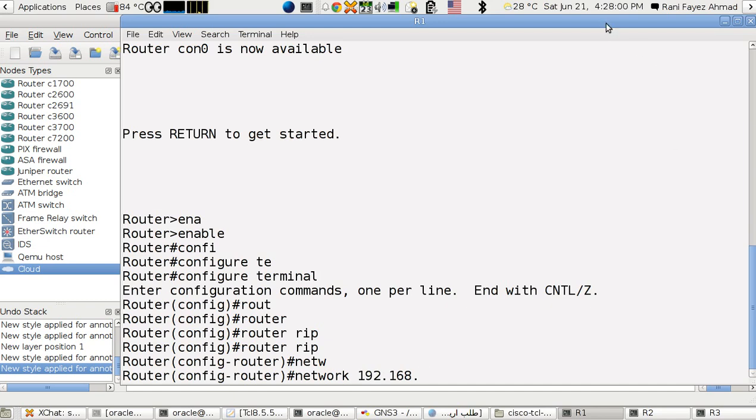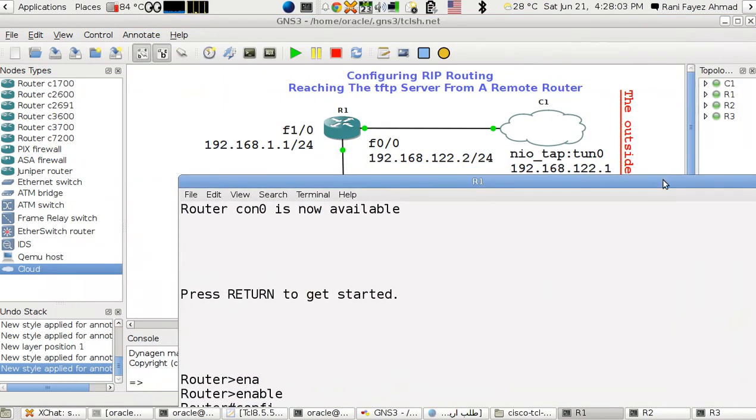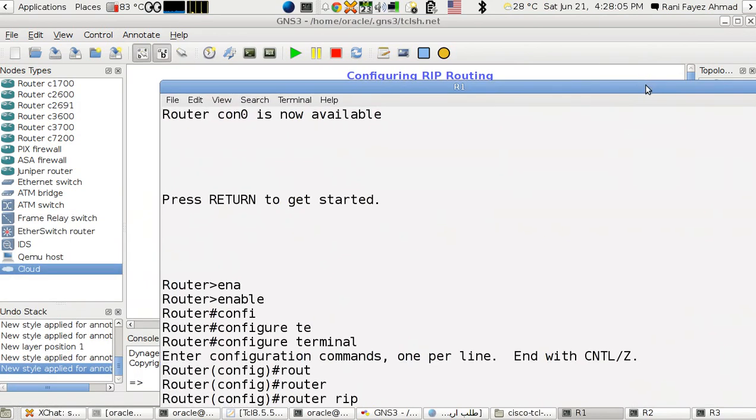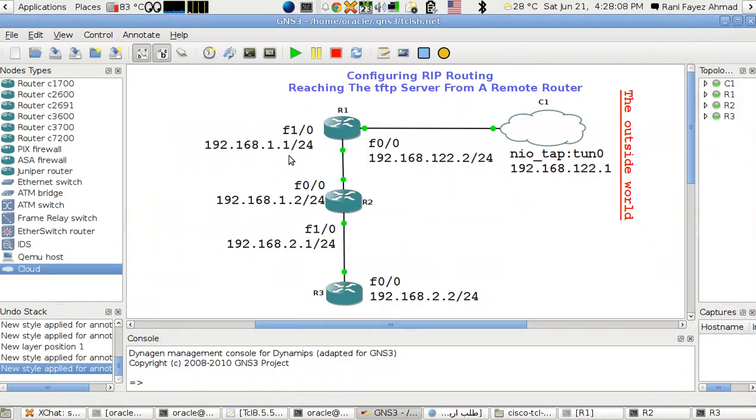Now every network ID you know, mention it. So for example here, let's minimize this. I have 192.168.122.0, this side from the network of C1, and this side from the network of R1. So this link has 192.168.122.0, okay, and the link between R1 and R2 has the network ID